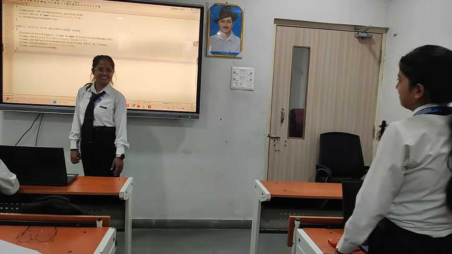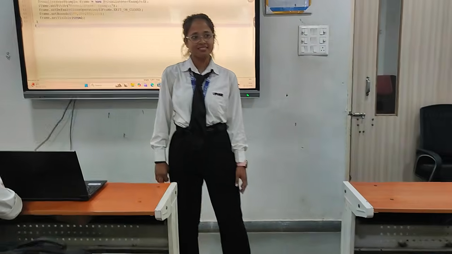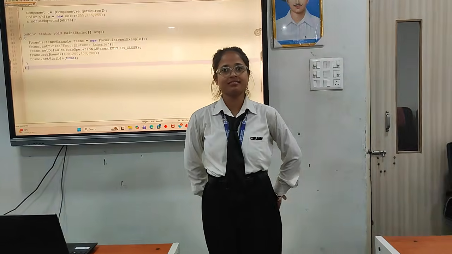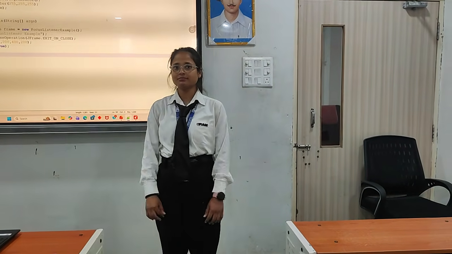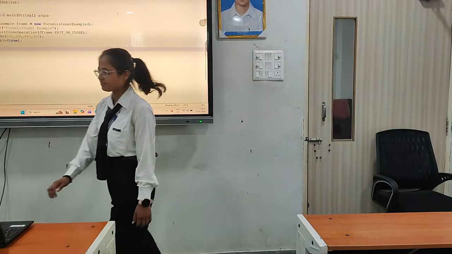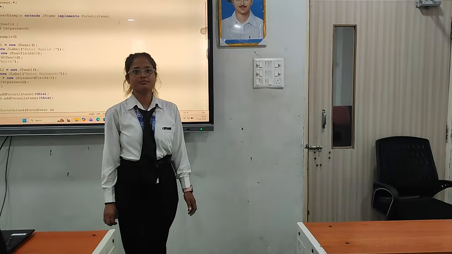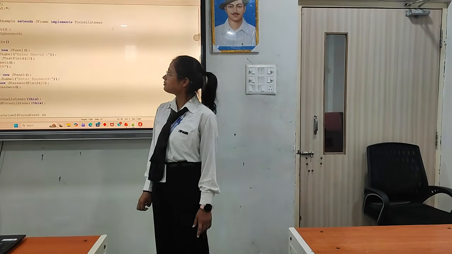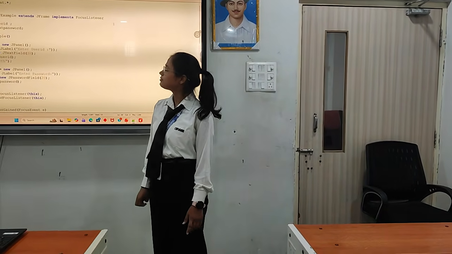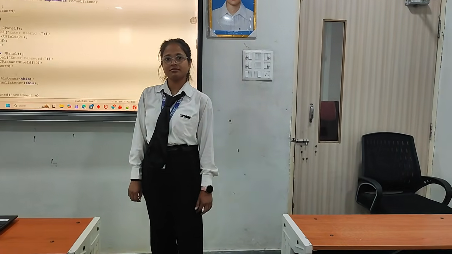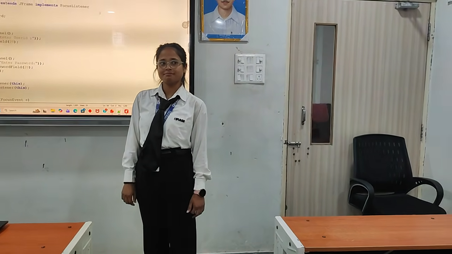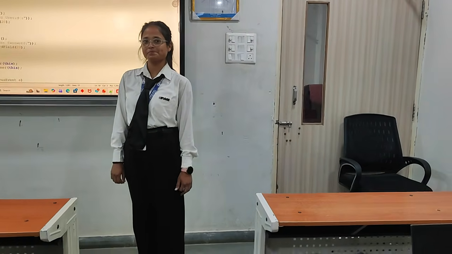See right here, because frame is the reference variable of the class FocusListenerExample, and that class has extended JFrame. Just go through the class. See, in that class it is already extended JFrame, so this class has all the functionality of JFrame. That is why this reference variable is acting as a frame.